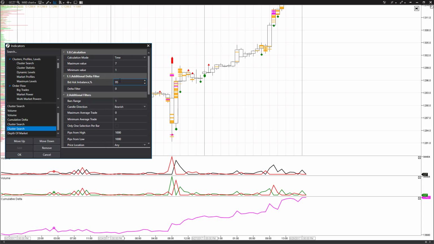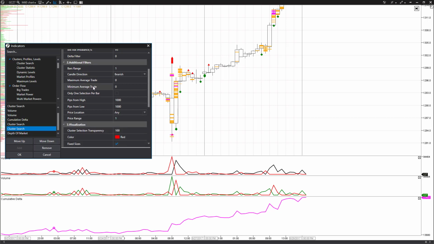We're looking for an imbalance. And for this one, we're looking for a bid imbalance. So we're looking for a 95% bias to hitting the bid, and that actually is highlighted as red, okay? So if somebody's hitting the bid,